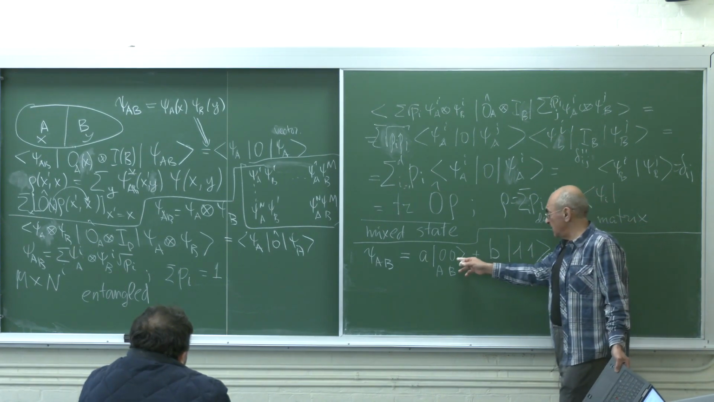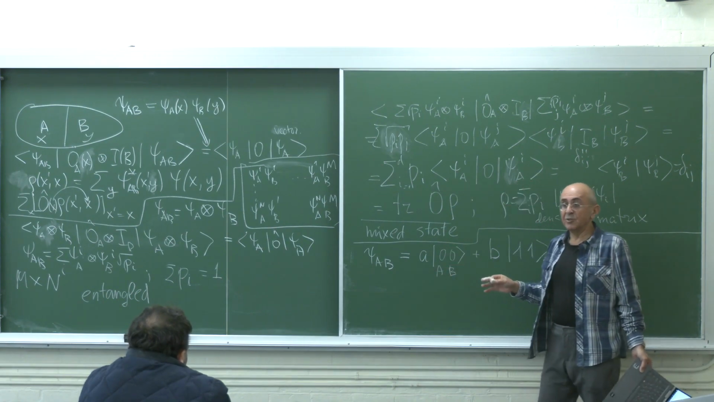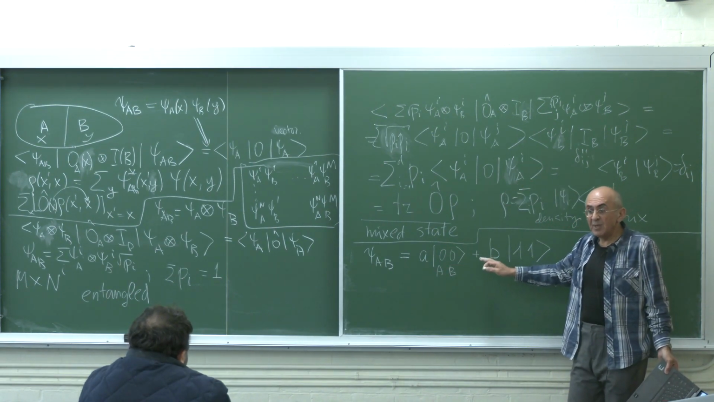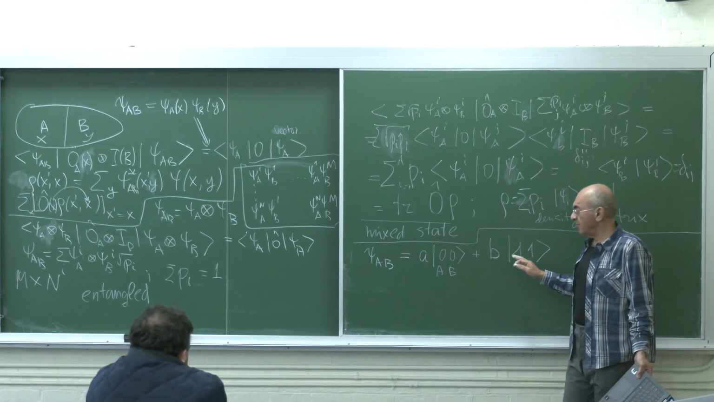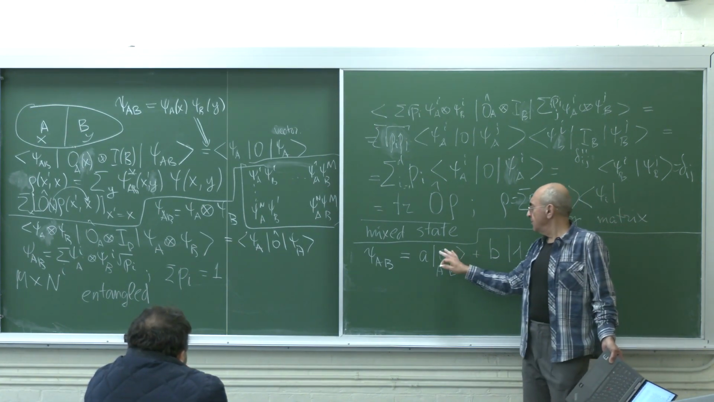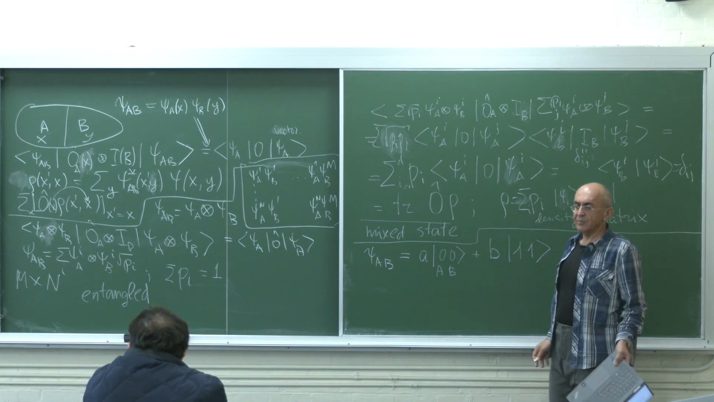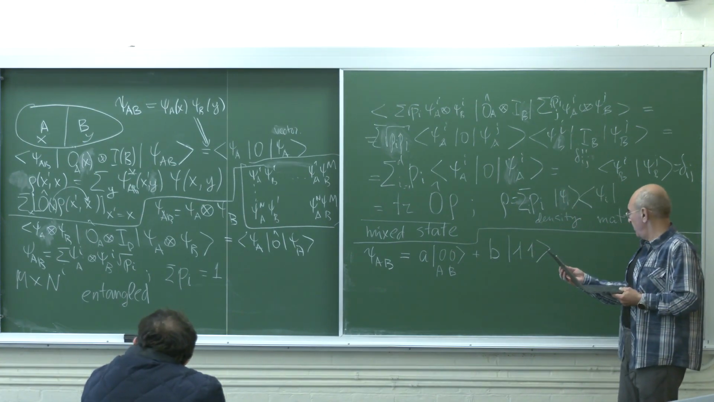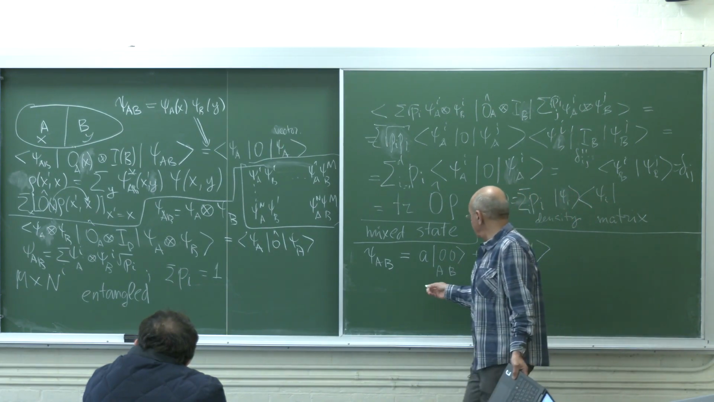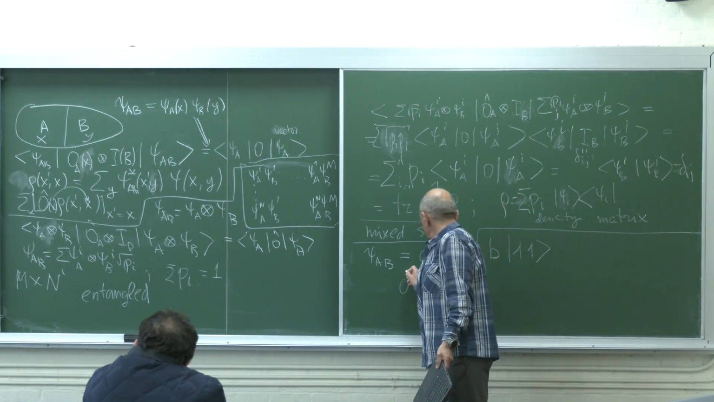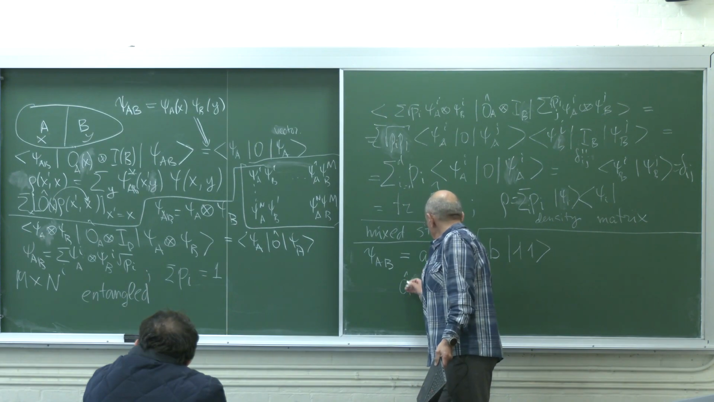This tells you the following thing. You measure A, the B is the same. Okay? So they are perfectly correlated. There are no 0, 1 or 1, 0 combinations over here. Okay? And now, if I take any operator acting on A,